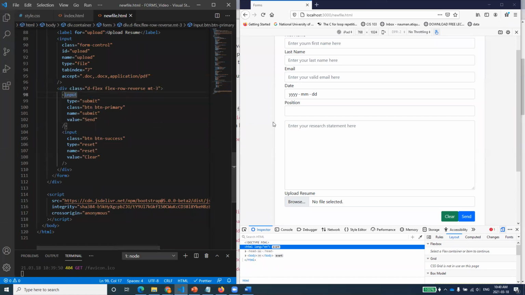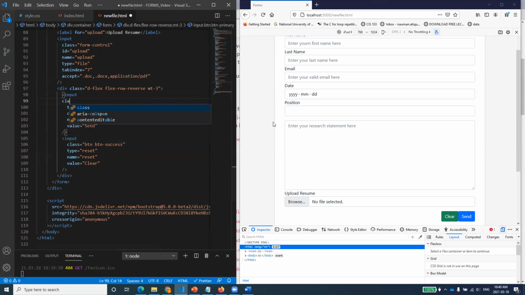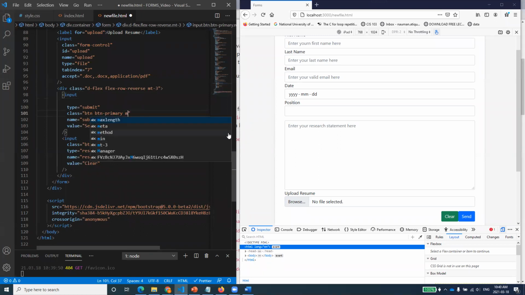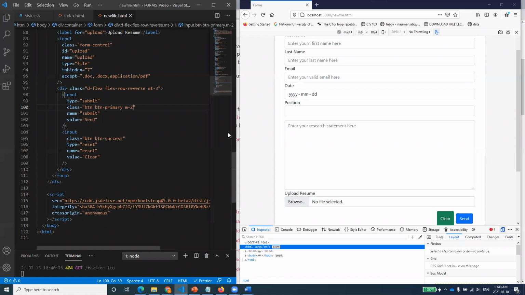Of course, if I come here, I'm not implementing any class over here. If I do class equal to, for example, let's check margin 2 first. If I give it a margin 2, okay, oh, I'm using a class. I forgot that I'm using a class over here, so I will just use that one. We can implement 2 classes over here. If I say margin overall, I'm just giving an overall margin of 2 to this. You see, it looks a bit odd, as if it's going down. So let's do margin right, -2.